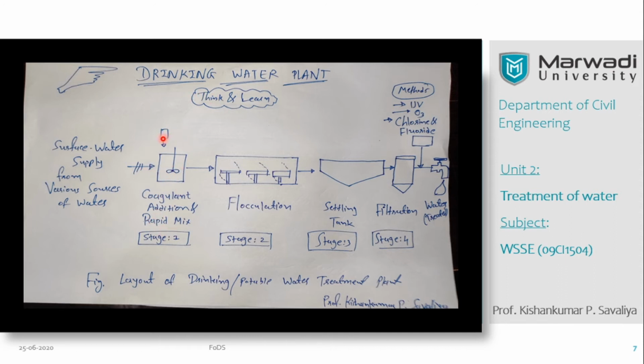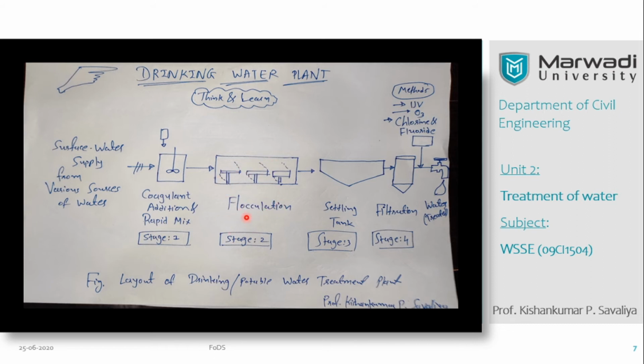This indicates that we are adding a certain chemical, and this is the tank. This indicates the blades, while we apply mechanical force to rotate them. We have a separate arrangement for that. Now, in stage 2, after the rapid mixing of the solution, we will mix it very slowly with heavy or larger blades. Here you can see we are providing 3 blades for rotating it very slowly. That process is called flocculation. So, that is stage number 2.